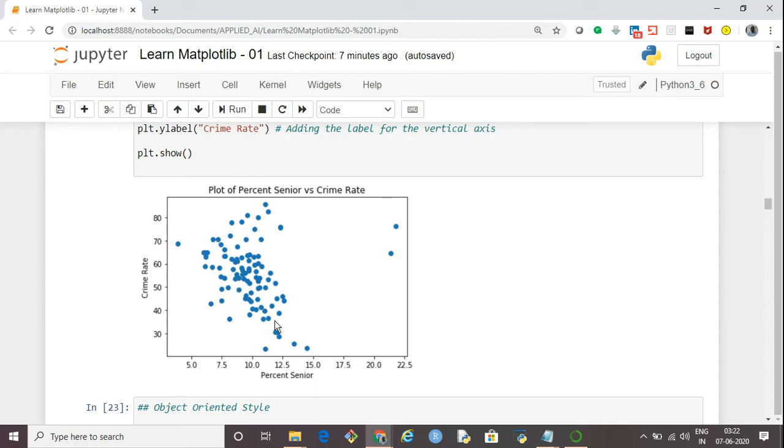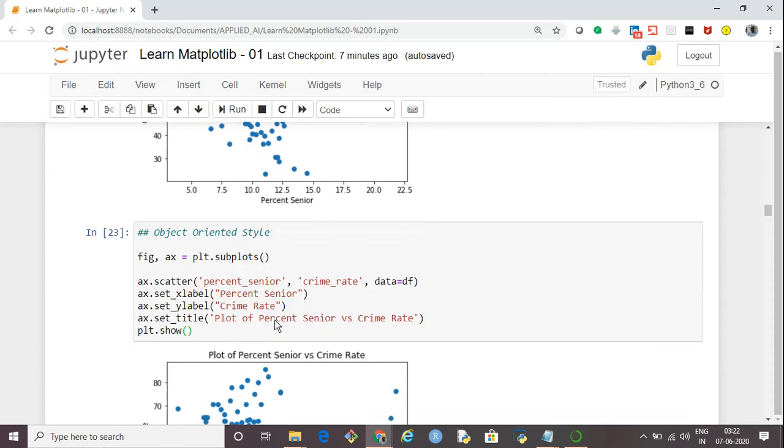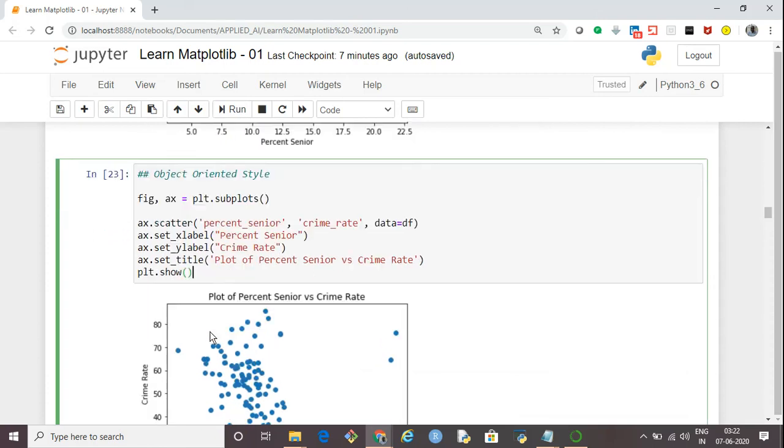Now there is another way to do the same plotting, which is the object-oriented style. In the object-oriented style, we actually store everything as an object. For example, we start with fig, ax. So fig represents the figure and ax represents the axis, and we are saying plt.subplots.